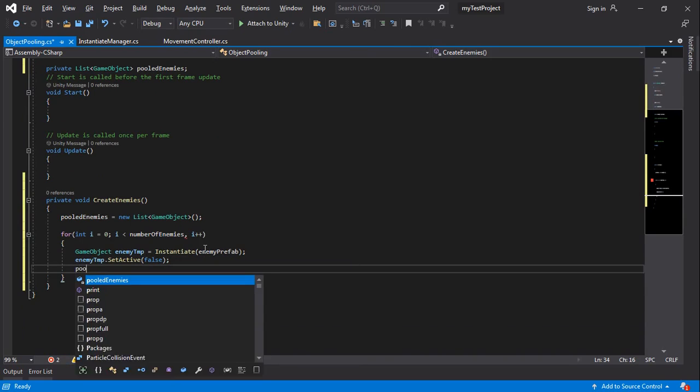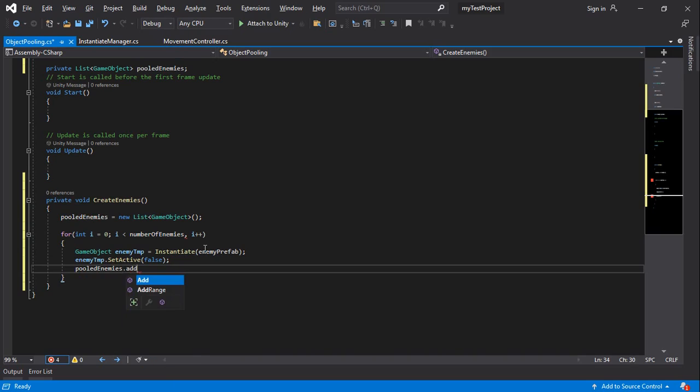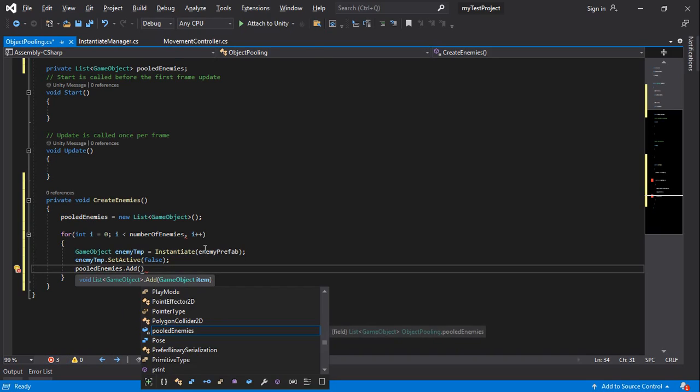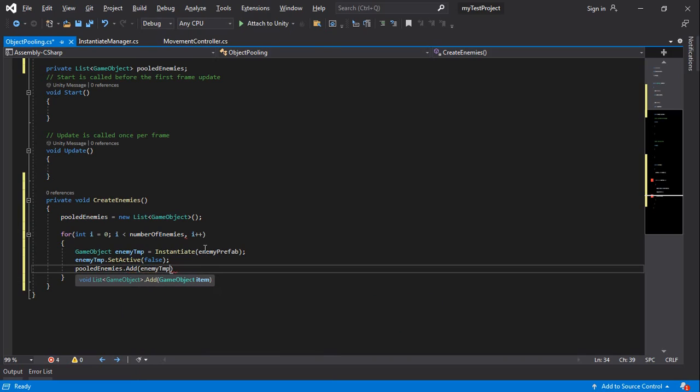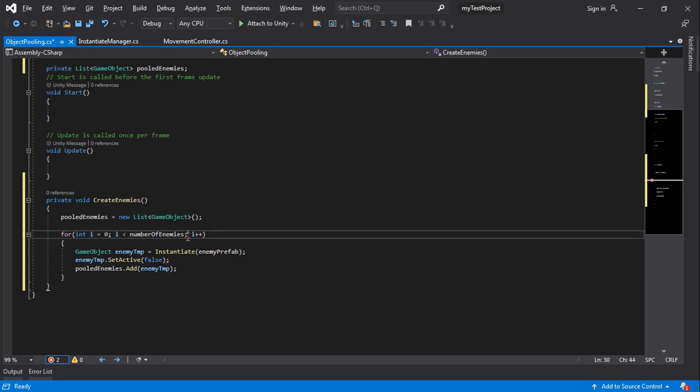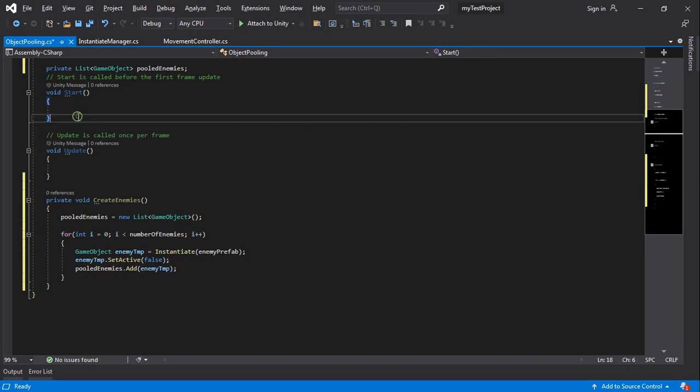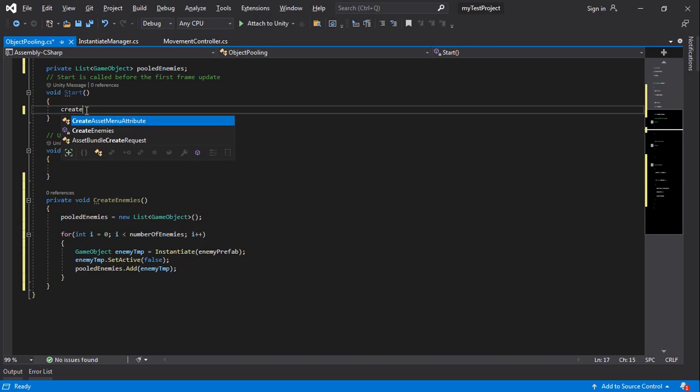Remember, you have to add it to this list. Put enemy, just add to the list with a method called Add. So what do you want to add? The same thing applies. You are creating a temporary enemy gameObject, you are making it inactive, and you are adding it to the list. Which means once you call this particular function at start, create enemy,